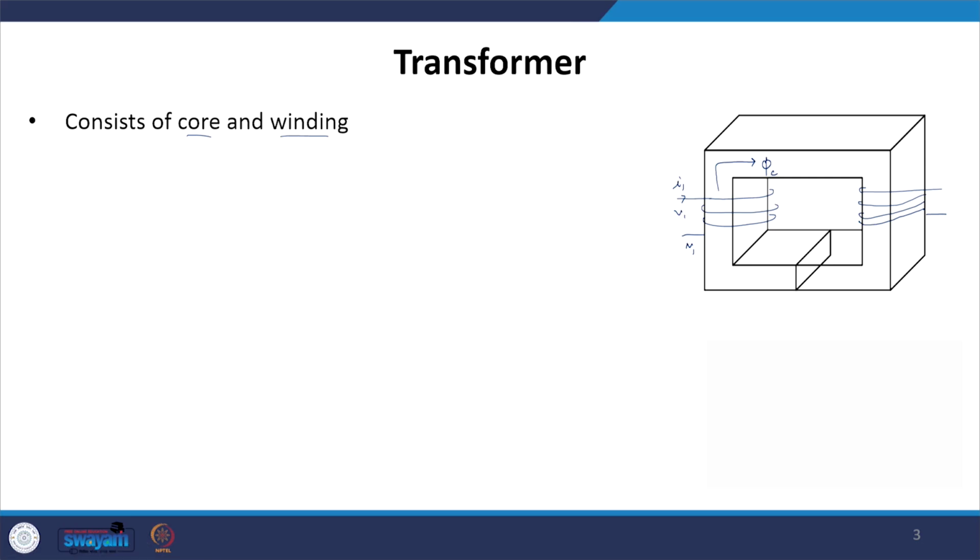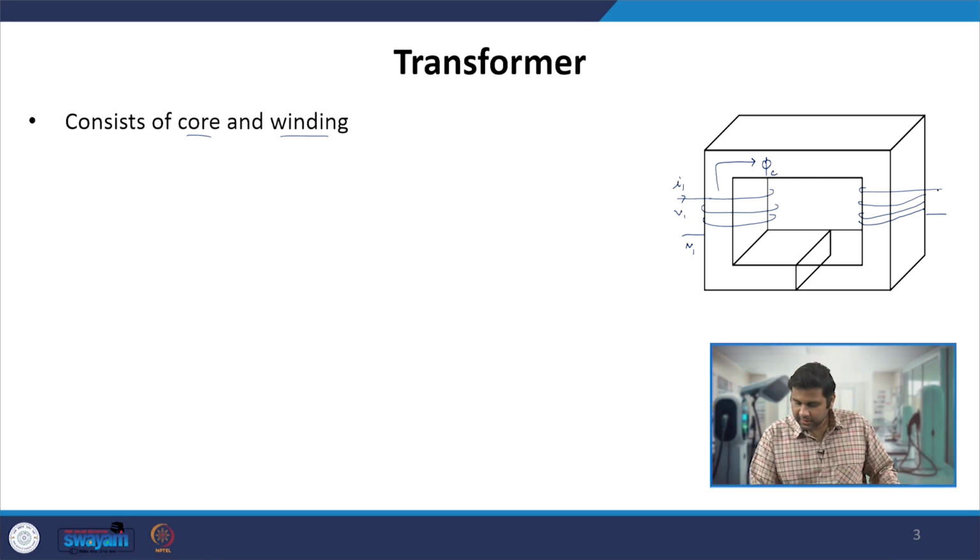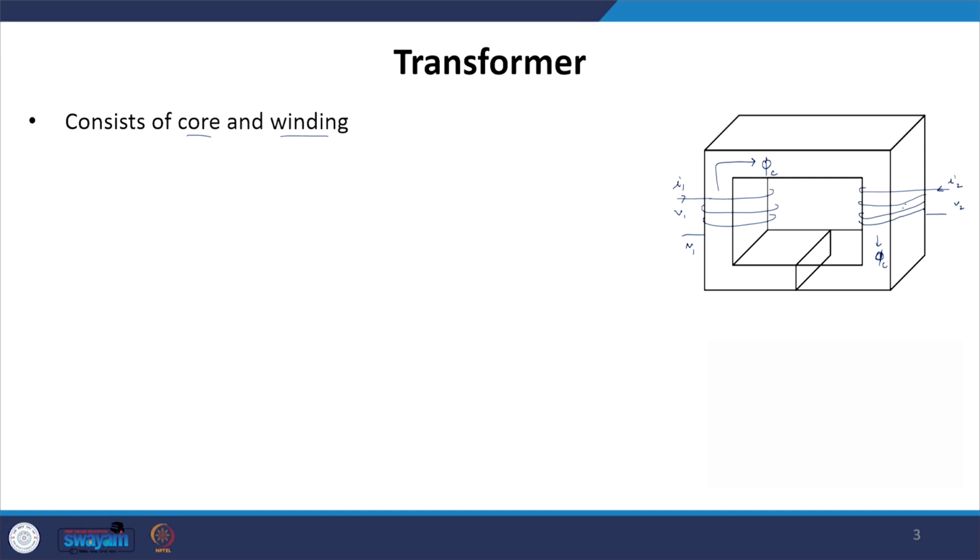If this is my I2 going into this winding, and V2 is what we are applying, we again have flux generated in this direction, and this flux gets linked with this winding, and accordingly the voltages are induced. If you connect a resistance or load on this winding, the current direction will be in reverse, such that the flux generated by this winding cancels out the flux generated by the other winding, because from Lenz's law we know that the effect will oppose the cause.